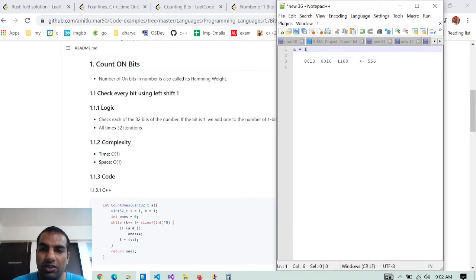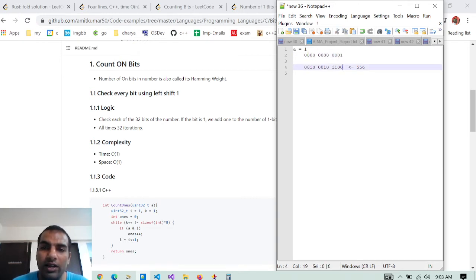1 is represented by all zeros and then a 1 at the end. So what we'll do is we'll AND this number, whose number of bits we have to find, with 1.